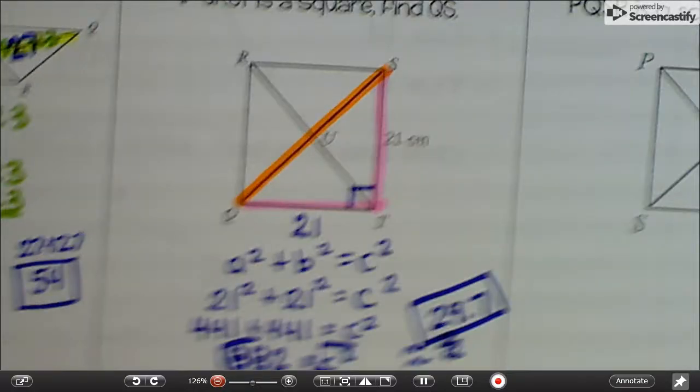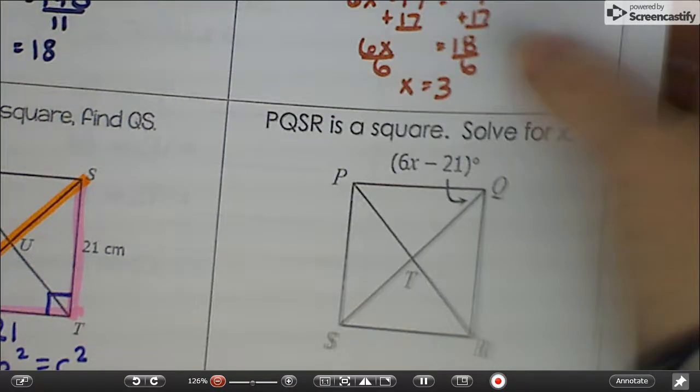Okay, hopefully this is making a little sense. Last, PQS